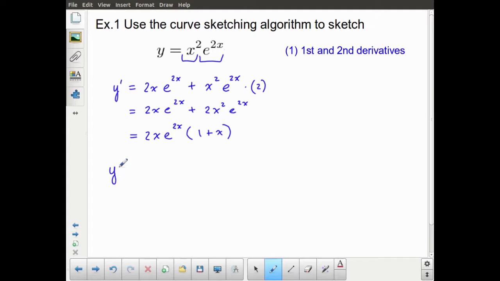Now let's move on to my second derivative. Where you start with your second derivative is up to you. This is actually a pretty nice form that I have here, but be aware that if I use the form that it's in right now, I've got 1, 2, 3 distinct factors that I have to